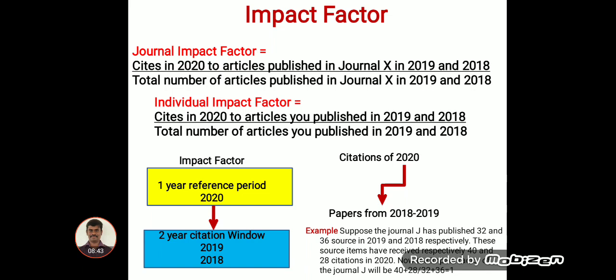To put it in a simple format, for the impact factor, a 1 year reference period is taken and the previous 2 years citation window is counted. So citation of 2020 includes the papers which were published in 2018 as well as 2019. For example,